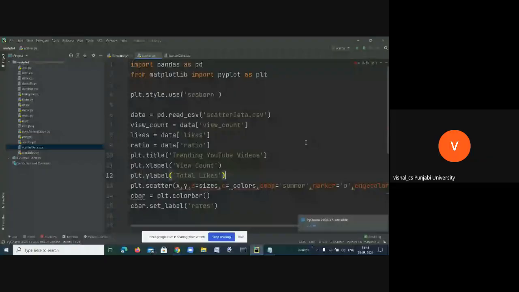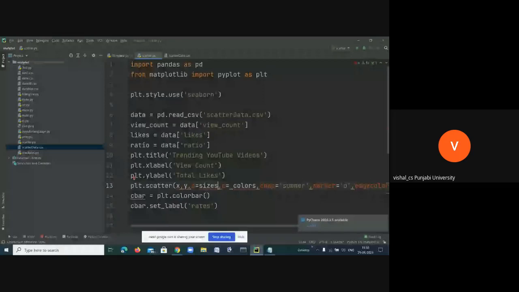Okay, tell me, Himani, the arguments you have written here in plot scatter. Sir, I wrote plot dot scatter, then views, likes, ratio, then cmap equal to summer, then edge colors equal to red.